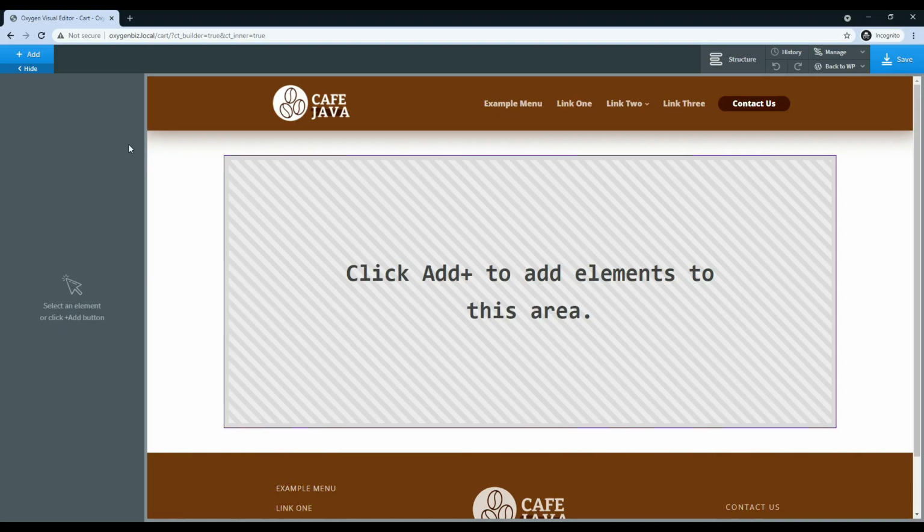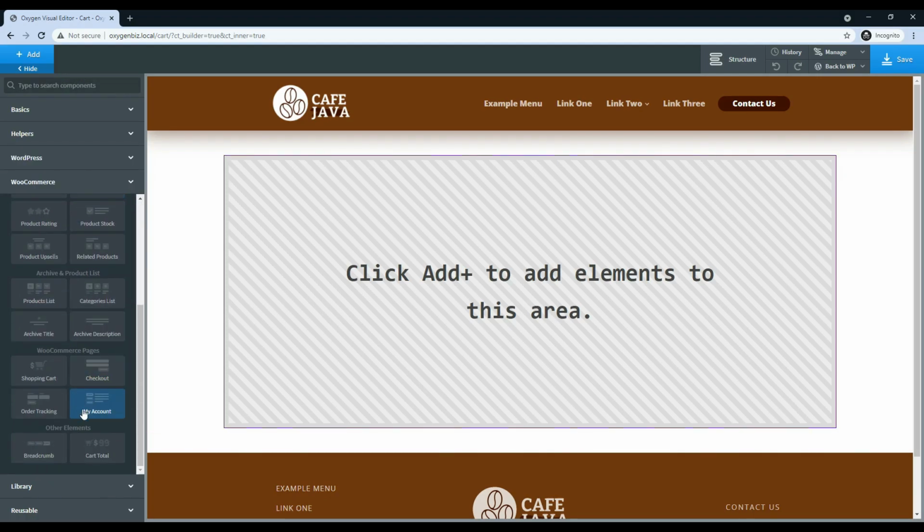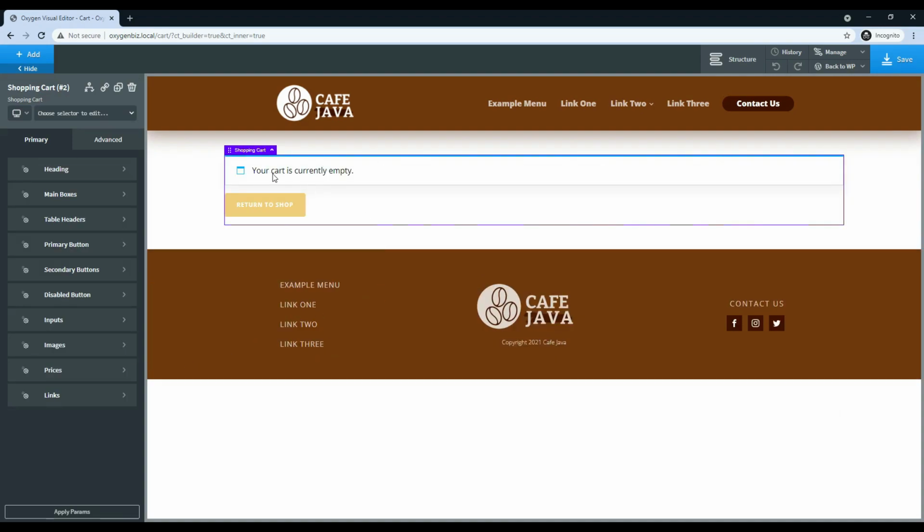I'm wondering if the cart page is going to do the same thing that the checkout page just did. It shouldn't. Yeah, it didn't. So this is the cart page. In the cart page, we want to go in here. We want to pick WooCommerce, and just like the other one, you want to go to add shopping cart,